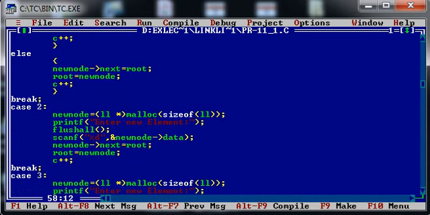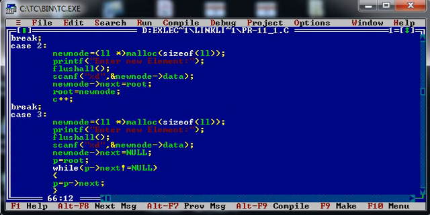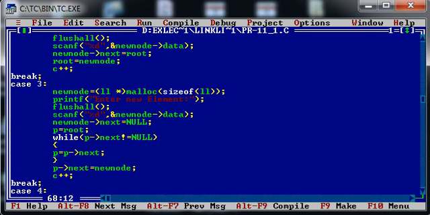Now case number 3. Case number 3 is for insertion at the end. For inserting a new node at the end of an existing linked list, we need to traverse till the end. And how does our computer program come to know that this node is the last node of the linked list?